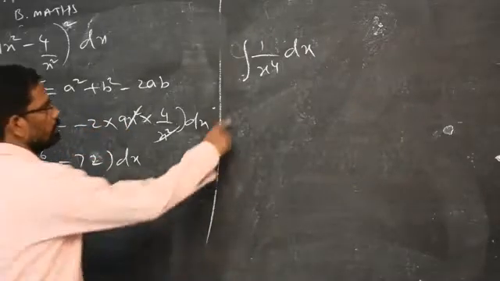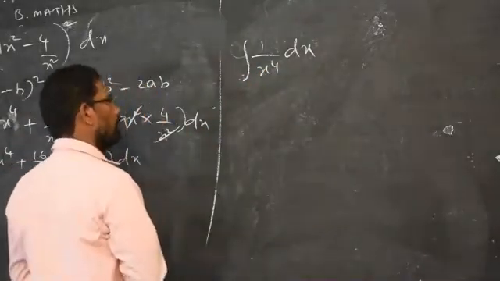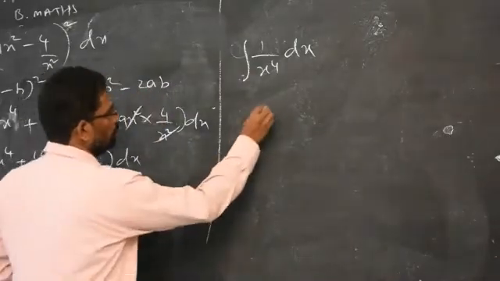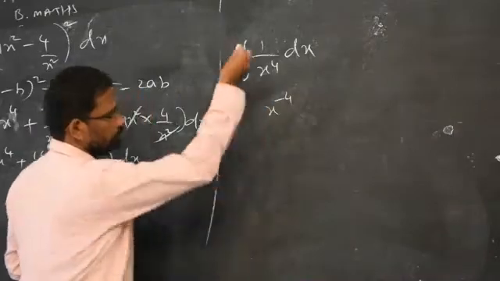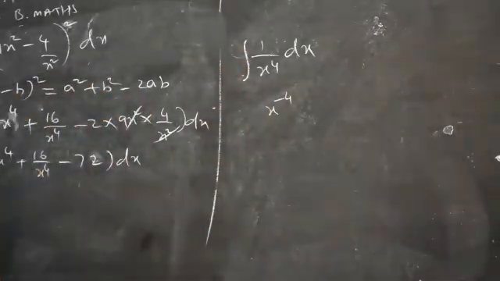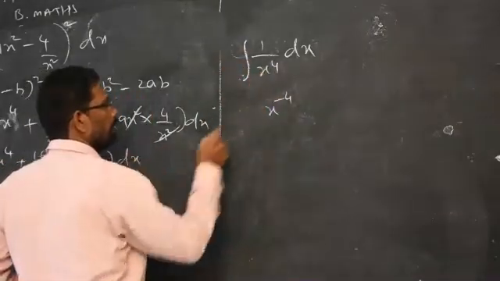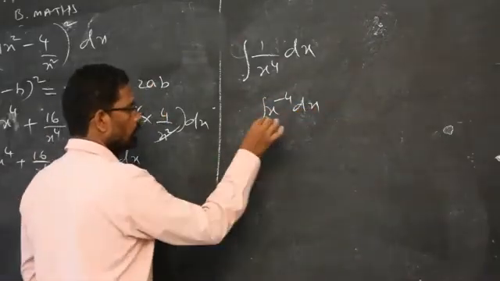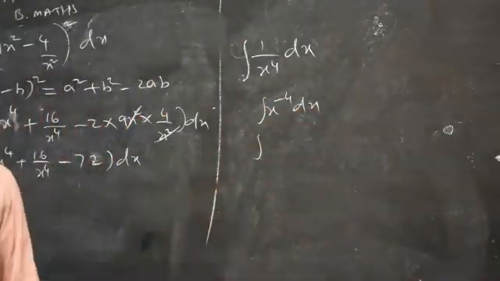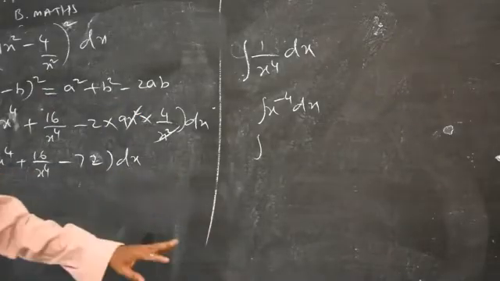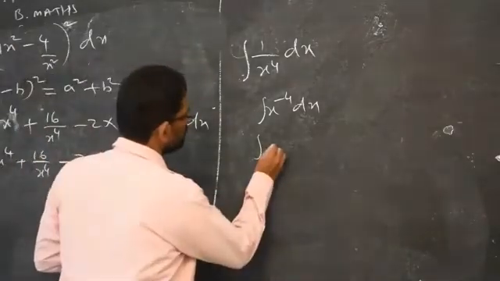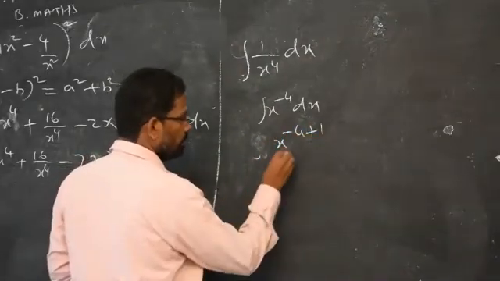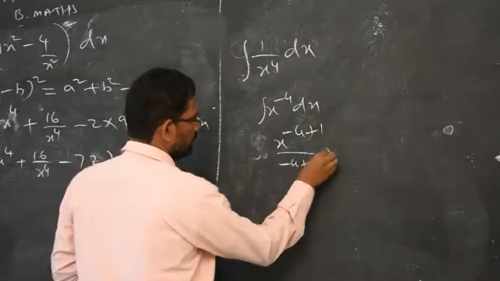But when x has a power other than 1, more than 1, like 2, 3, 4, whatever it is, then you cannot integrate directly. You have to take it to the numerator, plus will become minus, then you have to integrate. As the usual rule, I told you already, whatever the power of x is, either negative or positive fractions, the formula is x power minus 1 plus 1, always add plus 1, the same thing in the denominator, plus c.